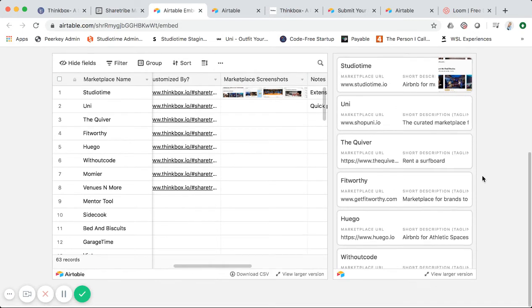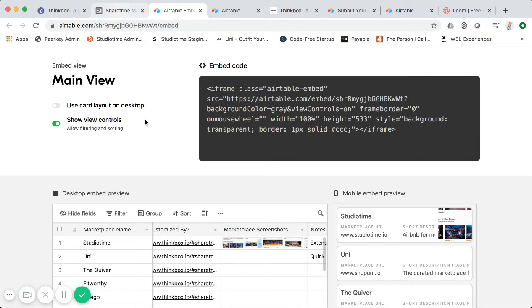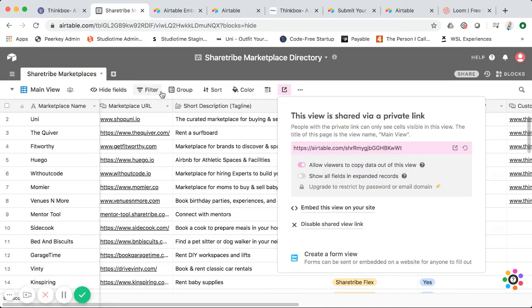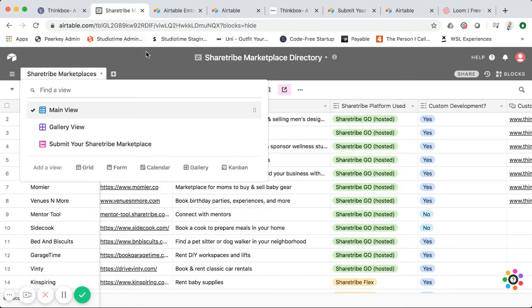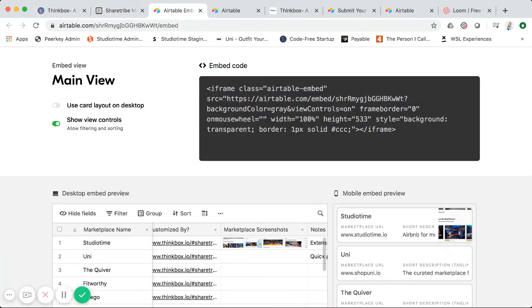So you can play around and see which different views you want, because you can go back over here and see if you want to sort by, hide fields, or change the view to gallery, for instance. So it's very easy to configure the actual view, which will then be what's displayed on the landing page. Same thing for the form. But once you have that code over here, you can simply copy this code,